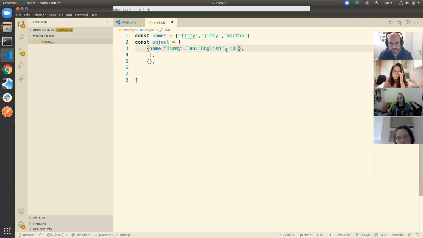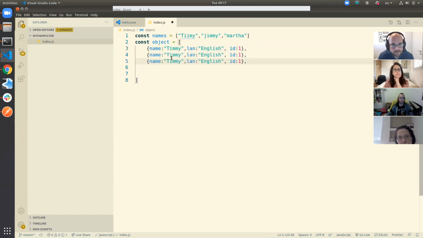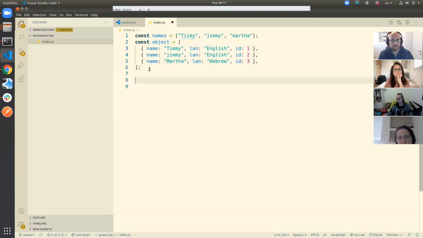Then he has an ID of 1, for example. Let me just duplicate this actually. Dot, dot, and then I have Jimmy, English, ID of 2, and then I have, let's say, Martha, and his is Hebrew, and the ID of 3. Cool. Okay, so